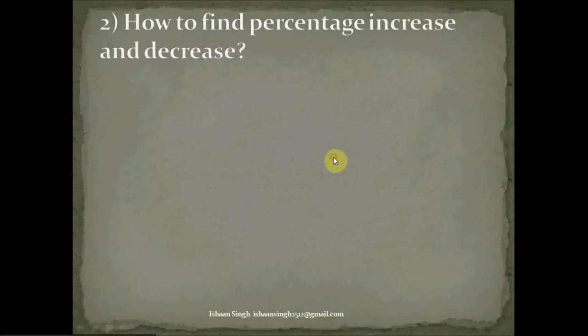So moving ahead, now we have to understand how to find percentage increase and decrease. Well, this is one of the easiest parts of calculating that we are going to discuss in percentage, but a lot of students make mistakes in this. The mistake that they make is they put the wrong denominator sometimes, they put the wrong numerator sometimes. They don't understand how this concept works. So let us look at a formula, then I will tell you a trick so that you never miss it out.